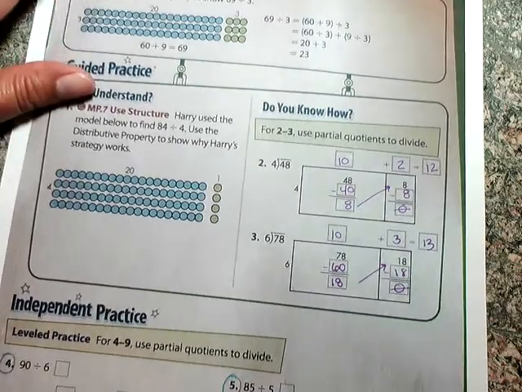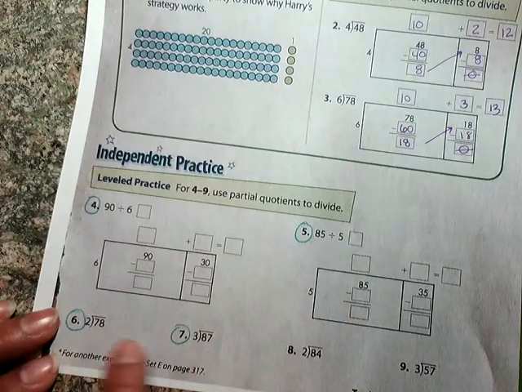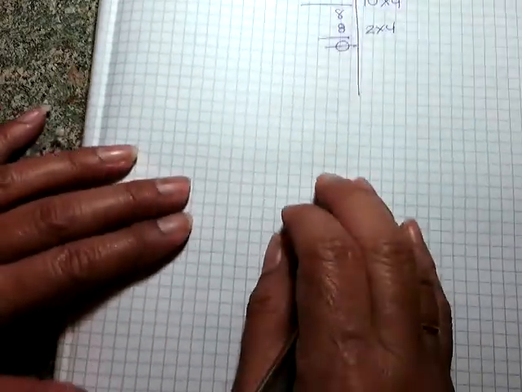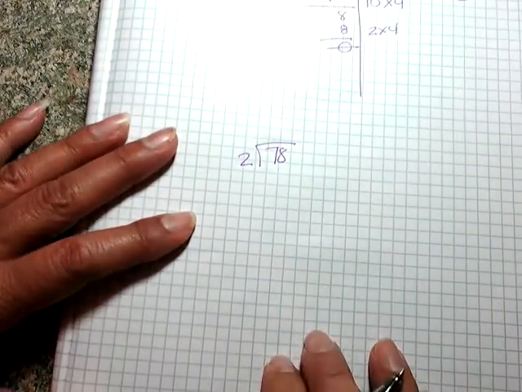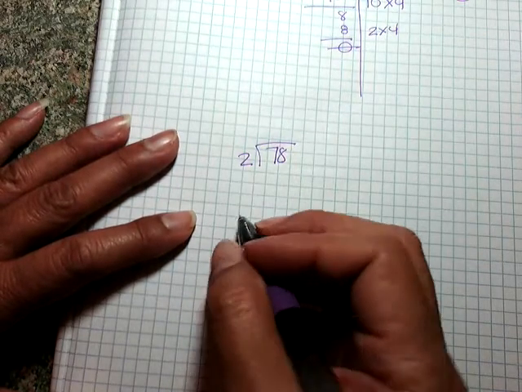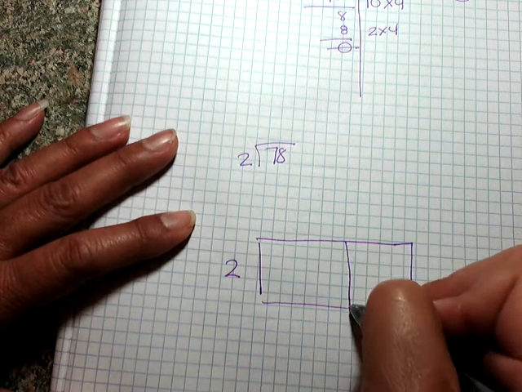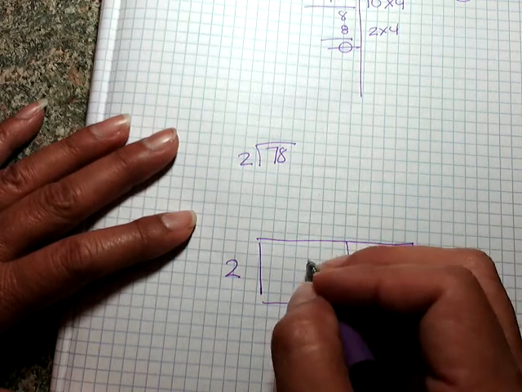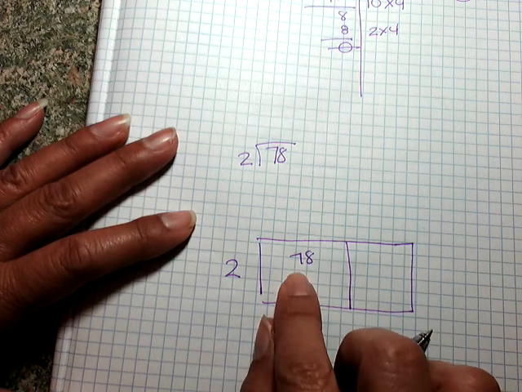Now, today for homework, you're going to do the same thing here, here, and on this one, you can draw these out. So if you need to draw these out, again, we've got 78. Let me just move this. 78 divided by 2, and we could do the box method again. So I put the, let's see, I put the 2 here. And I've got 2 numbers, so I'm going to have 2 squares. All right, and so I think, okay, 2 times what is going to give me something close to 78? So 2 times, let's see, 2 times